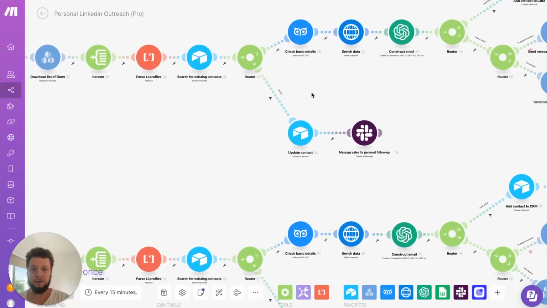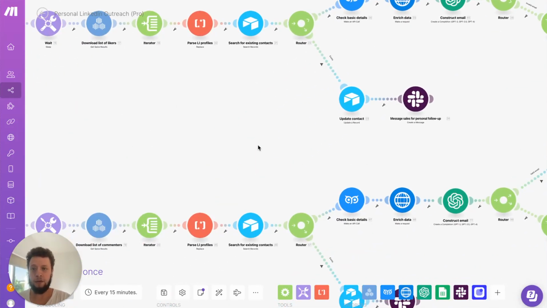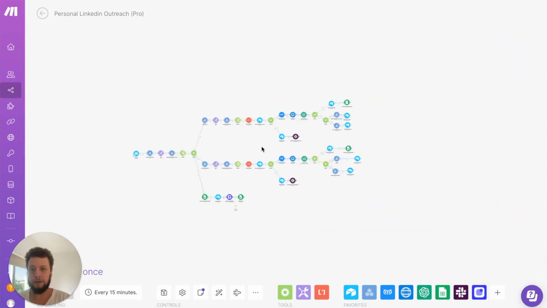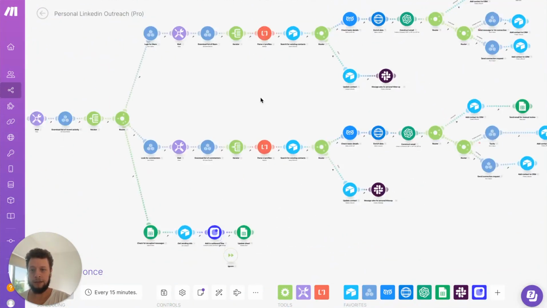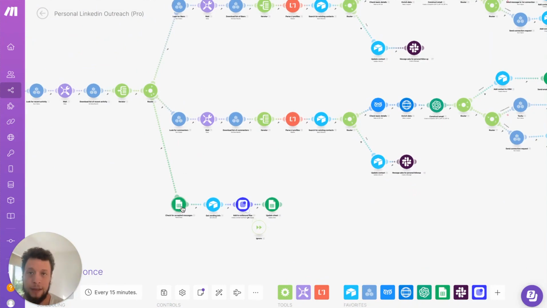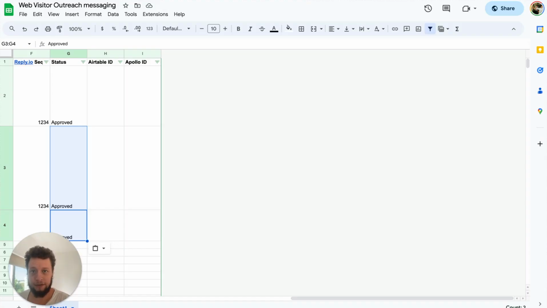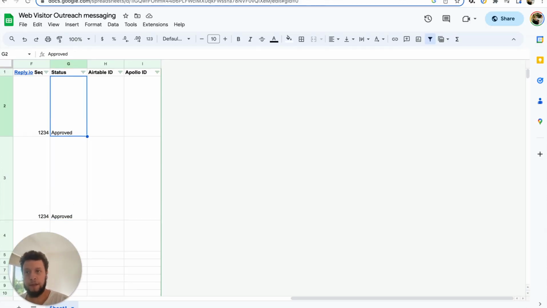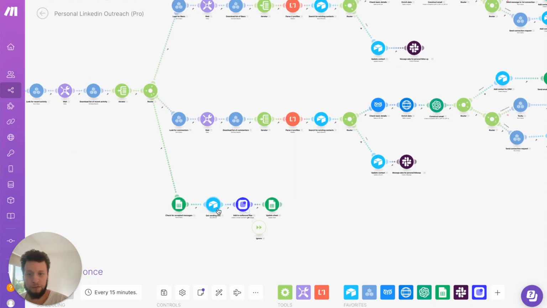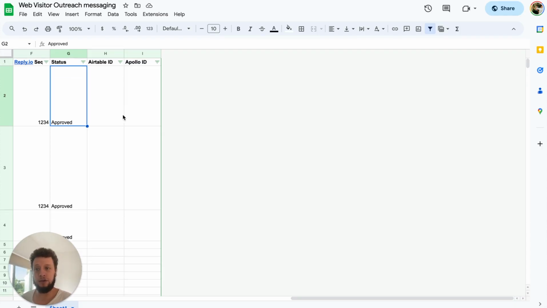And then the next time this automation runs, if you set it up to run weekly, what will happen is at some point, sorry, let me just scroll out a little bit here. At some point, it will check that Excel for accepted messages. So while this is also running every week, it will check this Excel. It will basically look for anybody whose status is approved. So once you've approved it, Google Sheets will check who is approved. It will grab those person's details from Airtable, their email address, the company they work for. It will add them to the reply.io outreach program and then update them in the Excel to done.